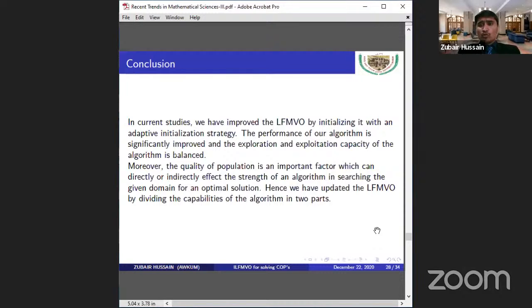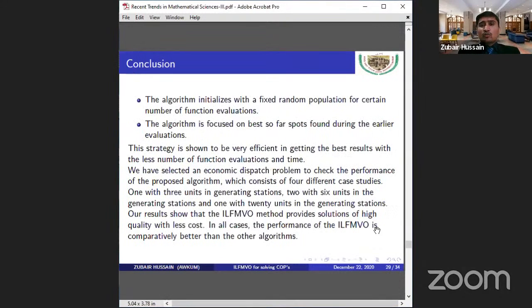So to remove this ambiguity, we have updated the leaf light based multiverse optimizer technique into 2 parts. In the first part, the algorithm initializes with a fixed random population for a certain number of function evaluation. In the second part, the algorithm is focused on the best solutions found during the earlier evaluation. So this study is shown to be very efficient in getting the best results with less number of function evaluation